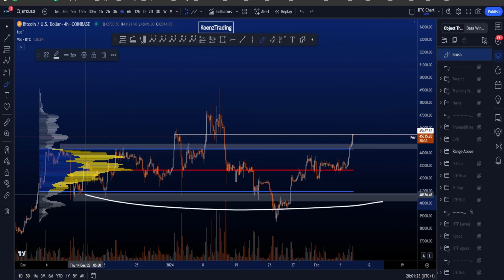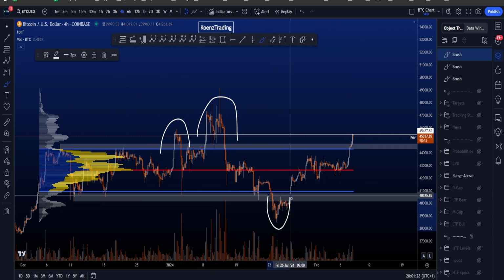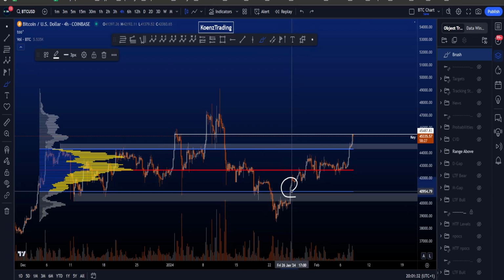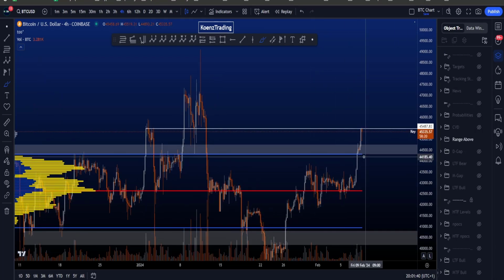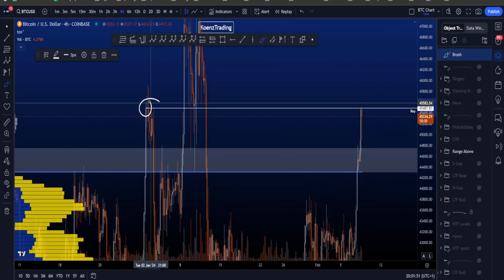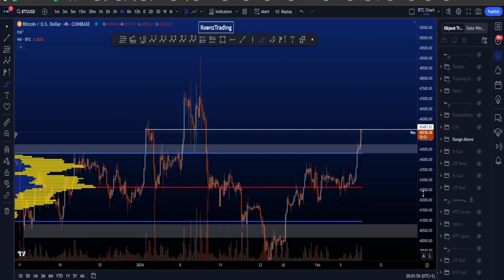If we look at the range that we've been in for the past couple of weeks, then you can see we had a few deviations over here to the upside and one to the downside. That is the most recent one. We managed to get back inside the range, increasing the probabilities to move to the point of control. Bit of ranging here around the point of control, but we move towards the upside to the value area high. Not much resistance at the support resistance area over here, but we do at least have a little bit of a reaction at this support resistance area, which is literally one line. Resistance over here, support over here, and now once again resistance 45.5k,